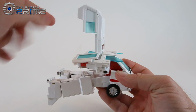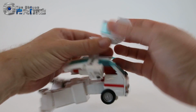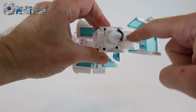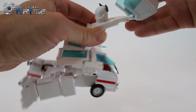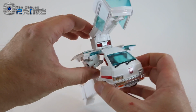Now we want to come up to the top here, and you want to fold this section here forward, and then there's a hinged part here. This part hinges, so pull it straight out, and you can see there's this hinge that bends in multiple ways. What you want to do is have it be able to compress on itself. But before you do that, you want to take both arms